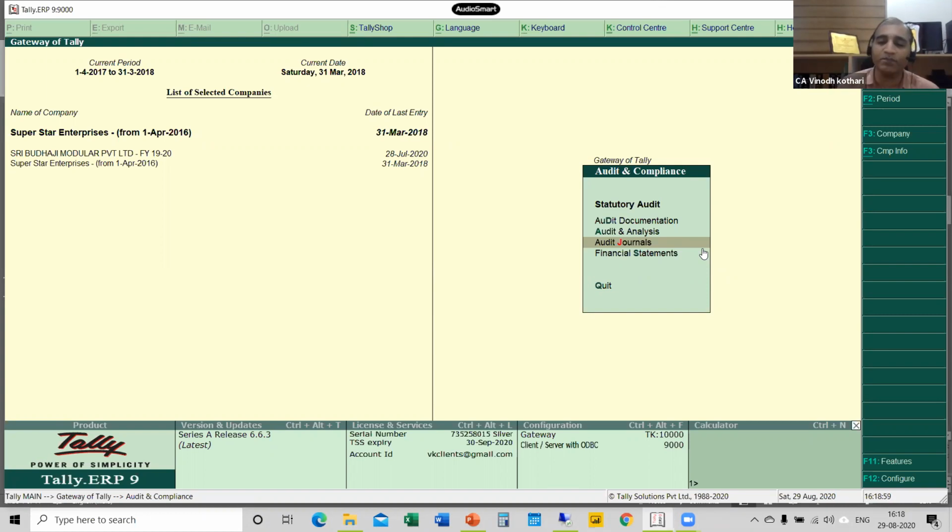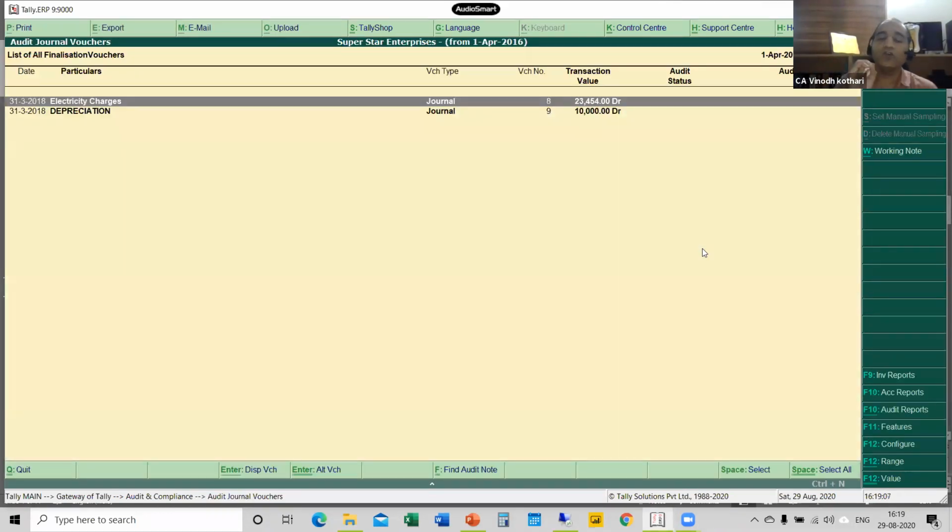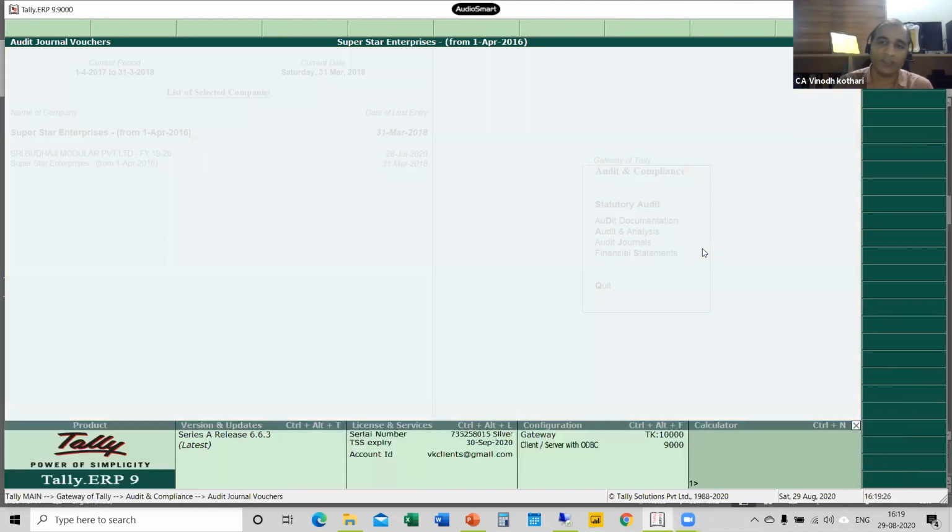So it is always better that when using Tally, you use the audit journal to pass the audit journal entry. Whatever journal entry you want to pass, you can pass it using the audit journal, so that whenever you want to update the client on what entries you have passed, you go to this audit and compliance feature, select the audit journal, take a printout and give it: these are the entries we have passed, you update in the books. So all this confusion can be cleared.